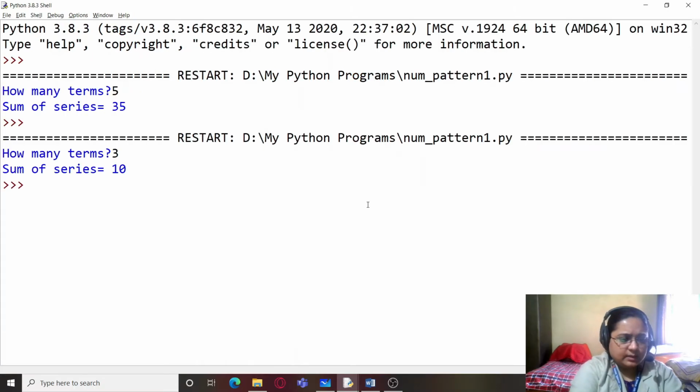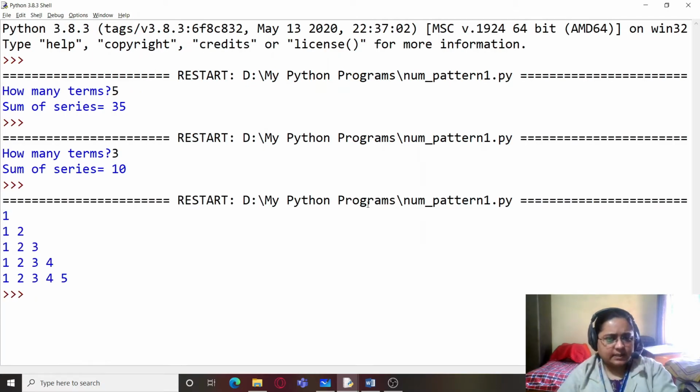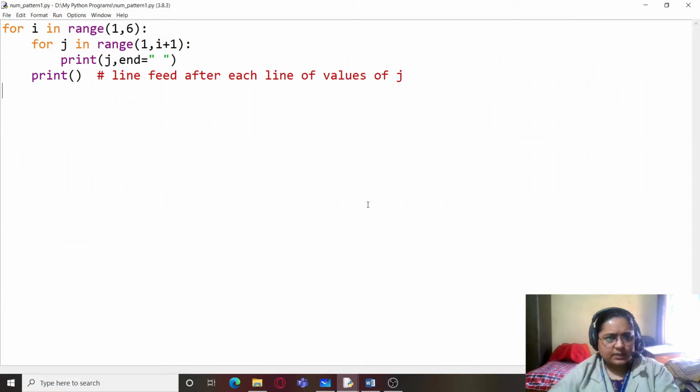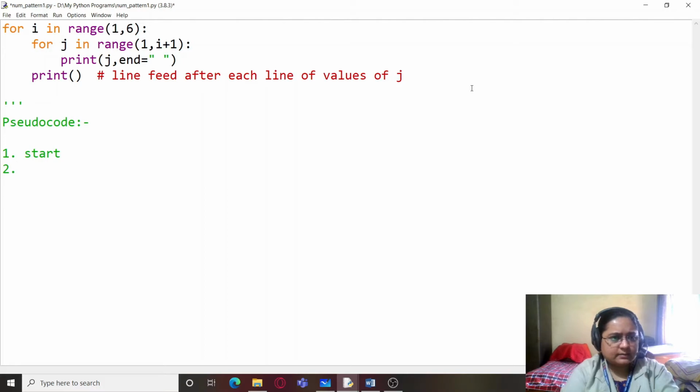So let's run the program and you can see that it is giving us this output. So in this question, let us see the dry run. First, let us see how we can write the pseudocode for this. First is start, second is initialize I equals 1.